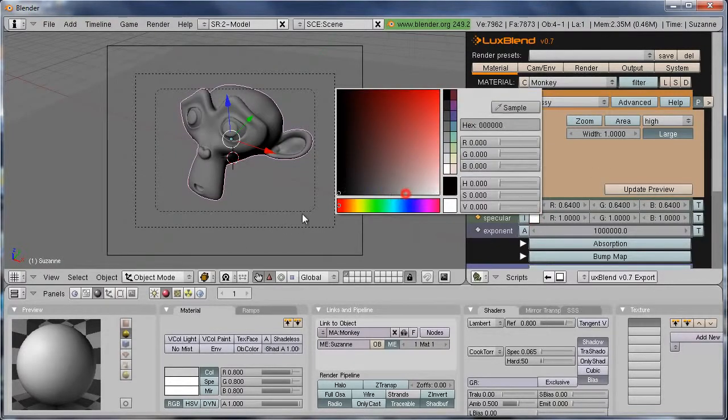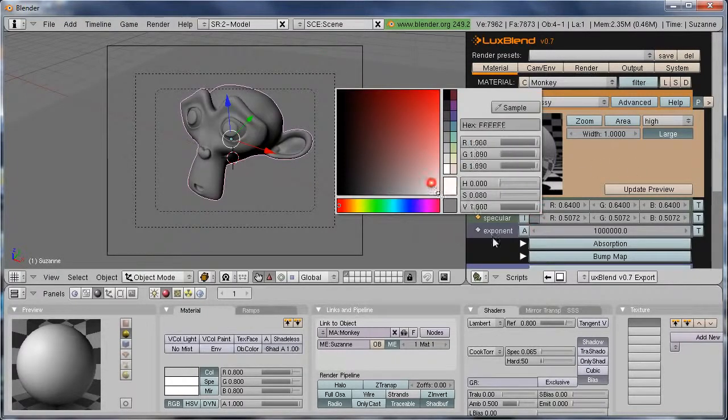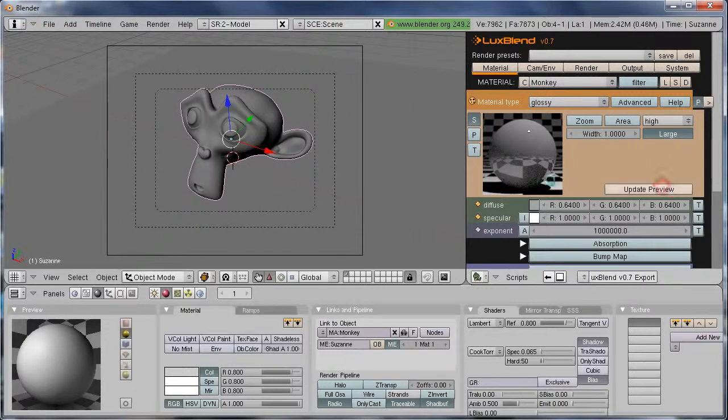So just to give you an example, if I show this as gray and you click update preview there, by the way, that'll give you a preview of what the material will look like in LuxRender. So that's what that looks like there. Now if we set this to white and we hit update preview, the object now becomes completely mirrored, because